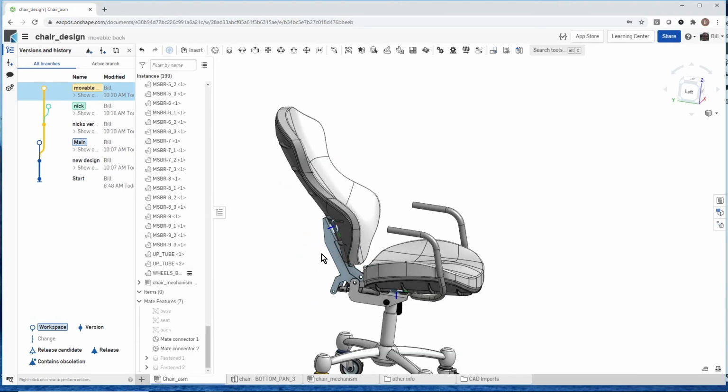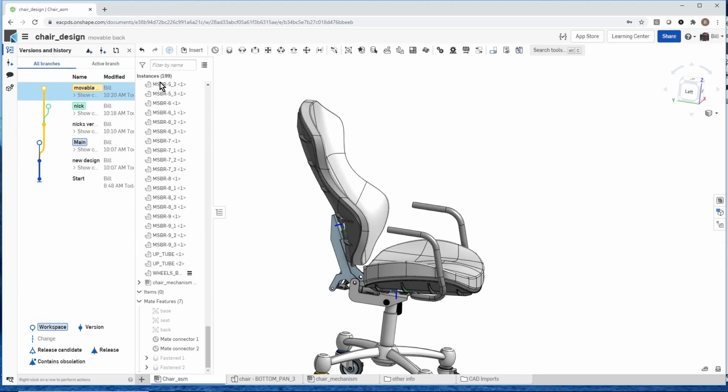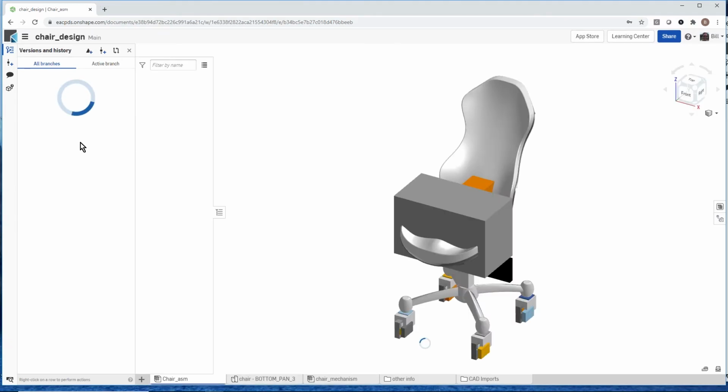So now we have a chair that articulates, right? Now we can lean back, put our feet up, be a little bit more comfortable. But this is just my idea, and what I've come up with so far in my little branch out here. If we go back to the main idea over here,